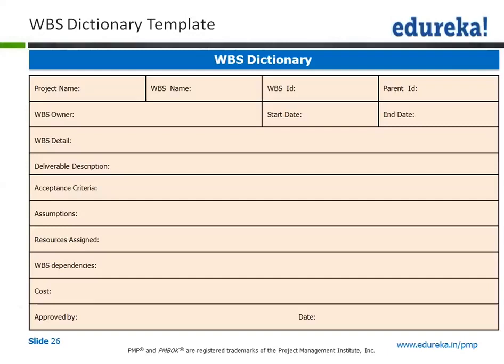Okay. The respective ID is a very important document in the project, and a similar ID, if you remember, we talked about in the risk register also. We also talked about the requirements traceability matrix.